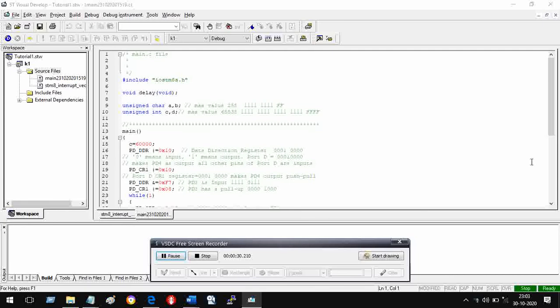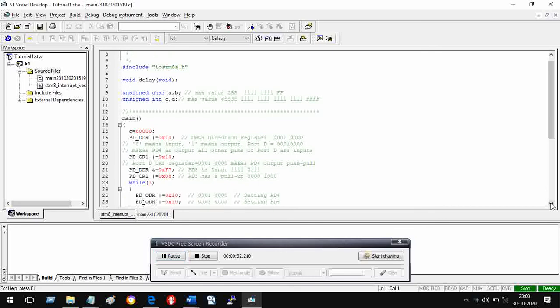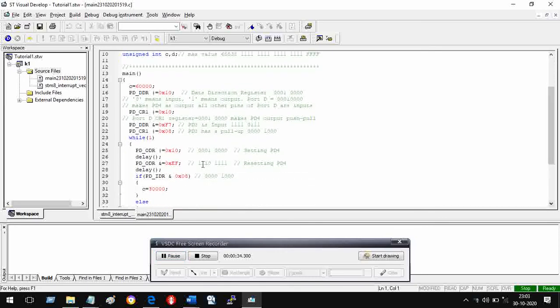For output we have used the ODR register, and for input we have used the IDR register, and we have controlled inputs, controlled outputs, and configured and all.